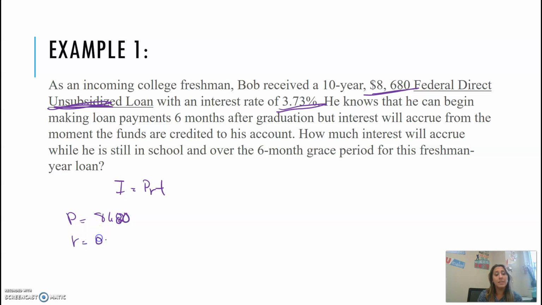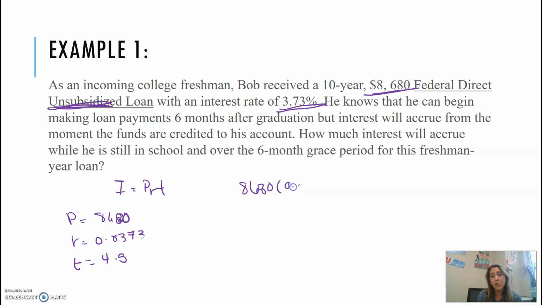My R is 0.0373, and my T, this is just for the interest while in school and the 6-month grace period, so 4.5. So if you read through the problem slowly, it also helps you figure it all out. So you're going to multiply all of that out, so you're going to get